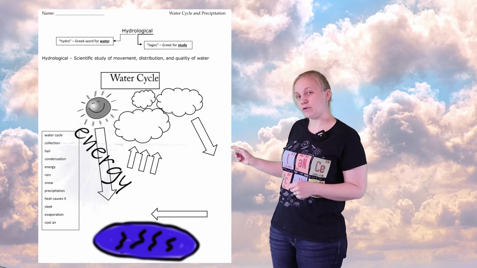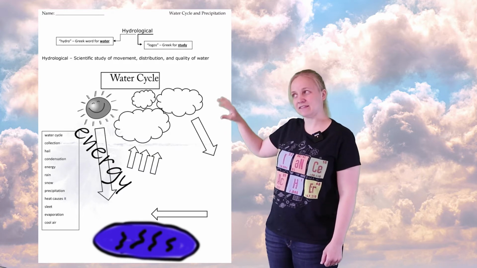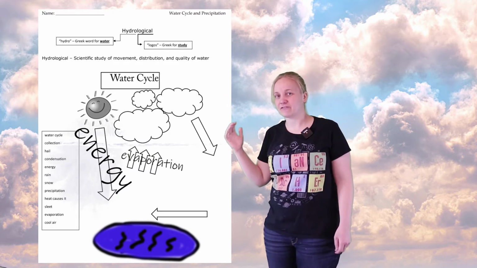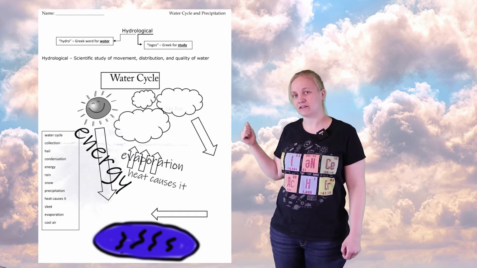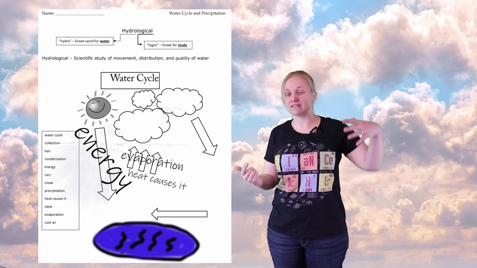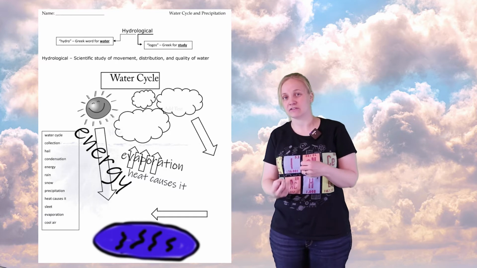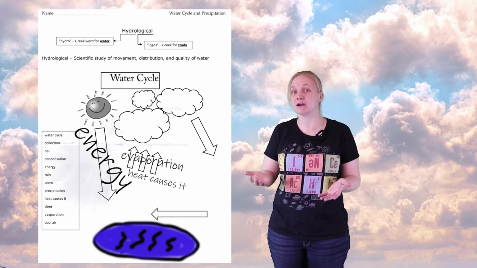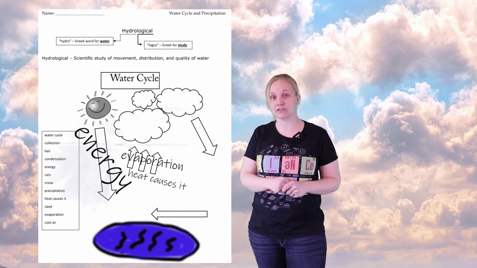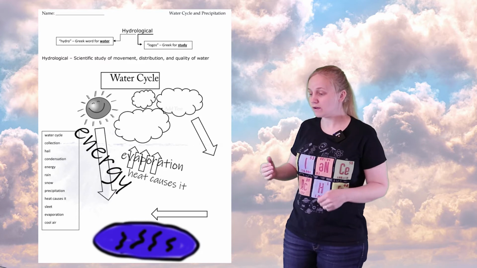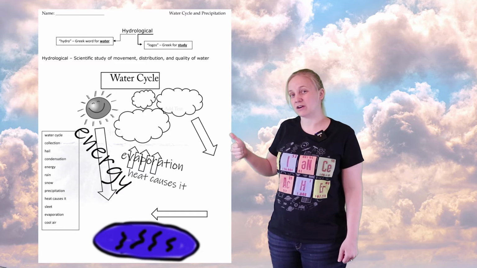So those 3 arrows on your notes going up, you can write evaporation next to them or under them, and then add that phrase from the word bank that just says heat causes it. So those 3 arrows, evaporation, heat causes it. The sun's heat warms up those water molecules, they bounce up around, they get faster, some escape into the air, become water vapor, and we know that warm air, warm water is going to start to rise. So, as the molecules are moving and bumping, because they're warm, they want to start moving up, up, up into